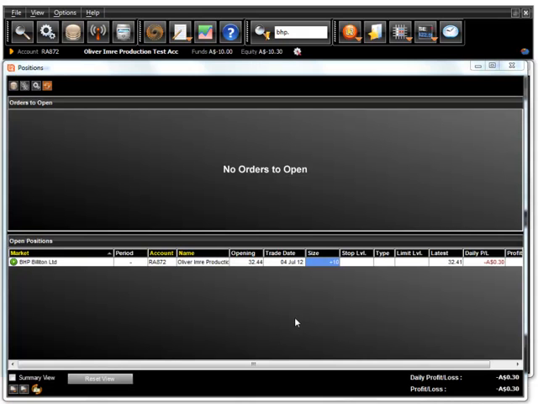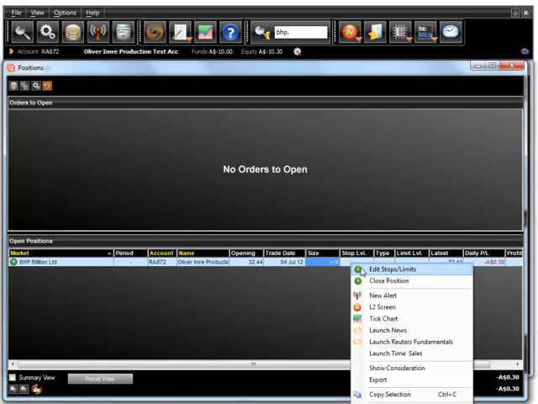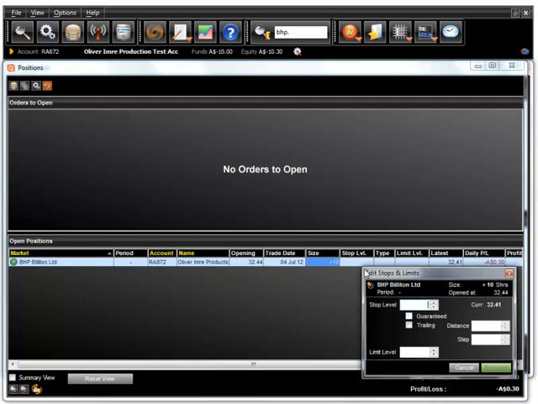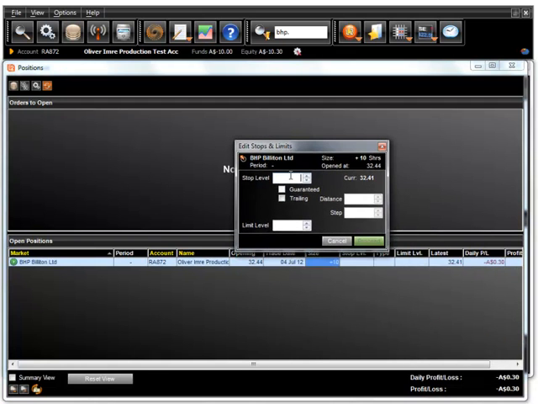Now if we go back to the positions window, you'll see the BHP position is sitting there, and similar to before, we can attach any stops or OTC limits if necessary. In this example, let's now attach a stop loss to our trade, and if we type in, let's say, $32 even,